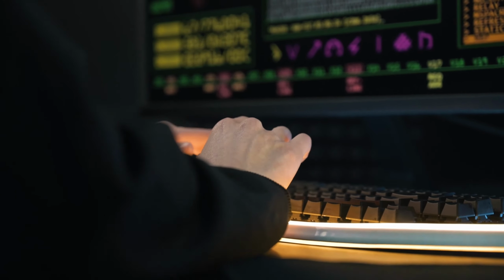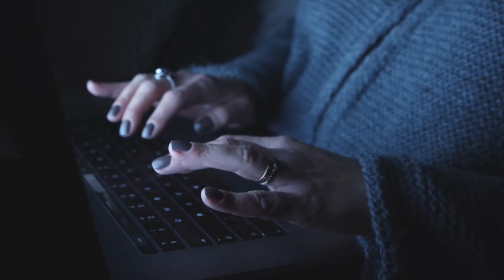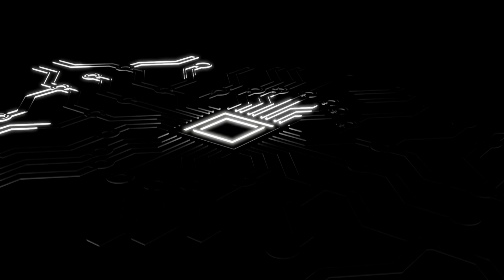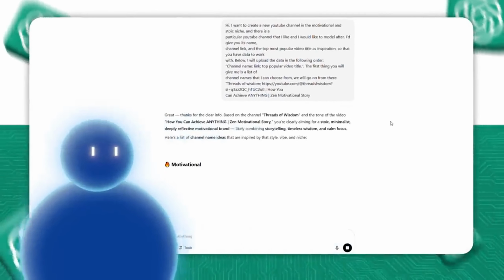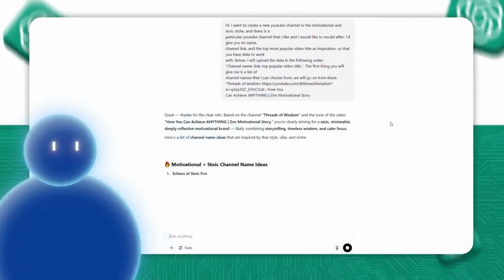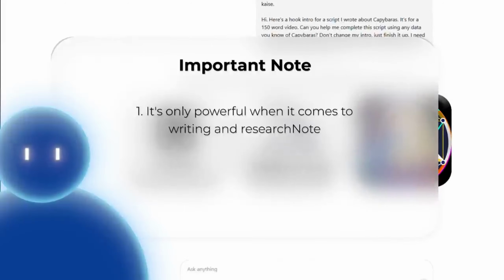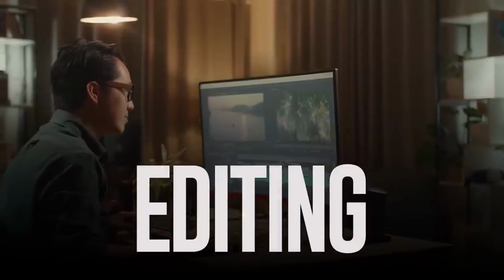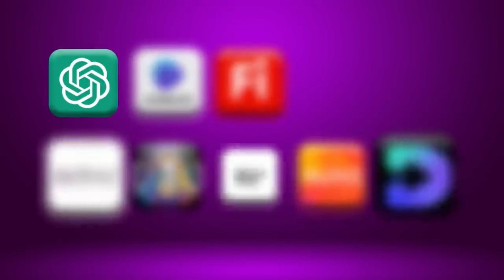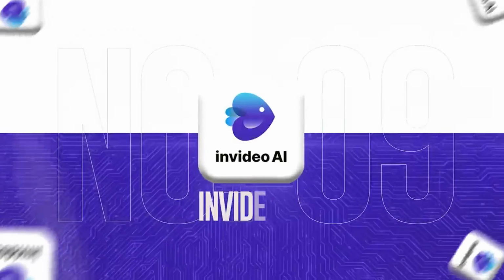Whether you need to write scripts, do research for videos, or optimize SEO, ChatGPT can handle it all. The best feature of ChatGPT, in my opinion, is that you can literally make it your personal assistant. You can train it to suggest video ideas like you, and even create prompts for other AI tools. Just remember, ChatGPT is the king in writing and research, but it can't do everything. If you need video editing or heavy AI magic, then that work will be done by other AI tools. And for those tools, don't forget to watch the video till the end, because in the next list, you'll see